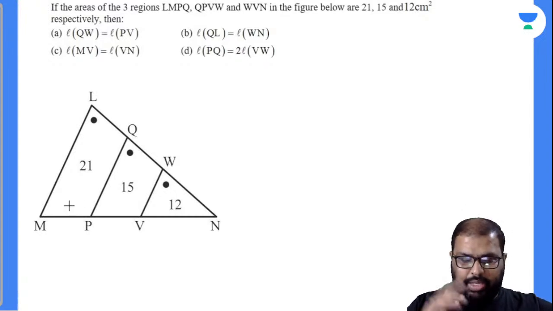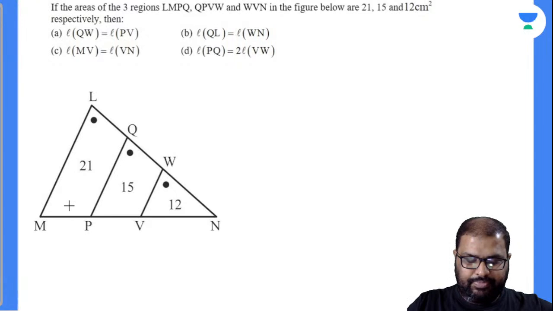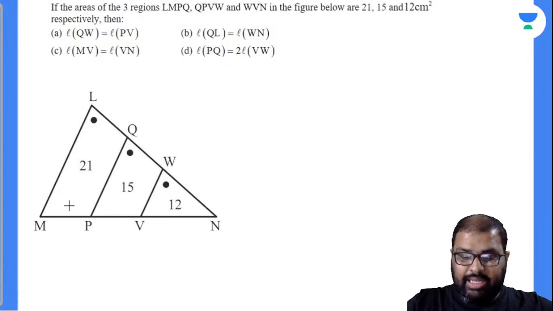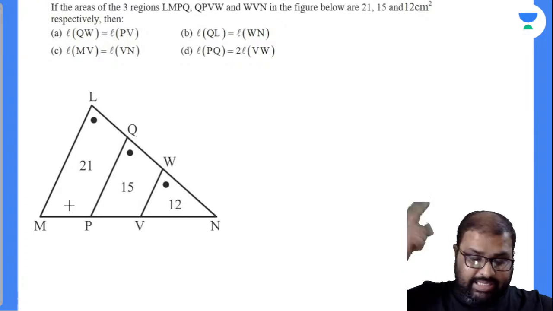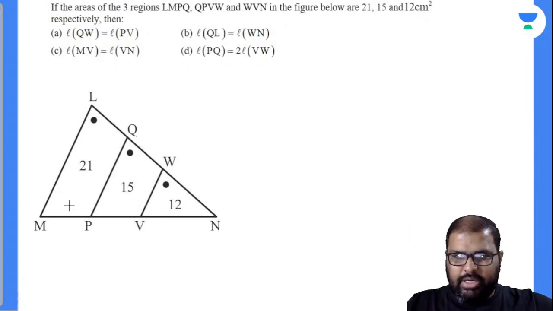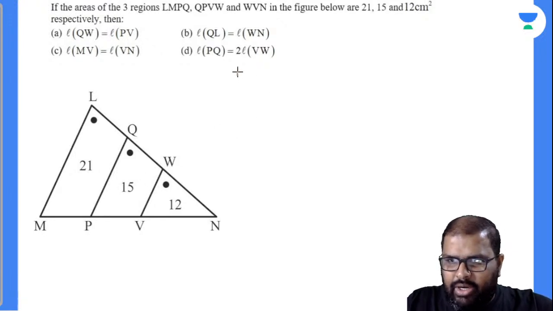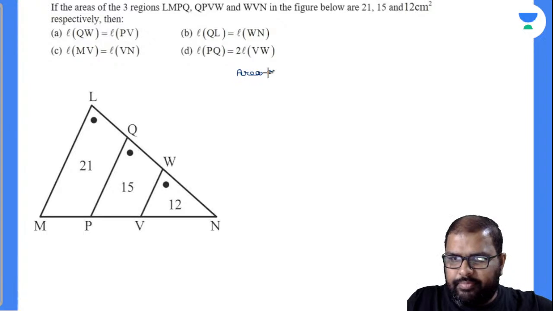How many of you know the area of triangles when they are similar triangles? If the triangles are similar, then the areas of the triangles will be equal to the squares of their sides' ratios, right? Am I right or wrong? So closely observe there: area of triangle LMN, observe the things I am taking down there, divided by the square of their sides, area of